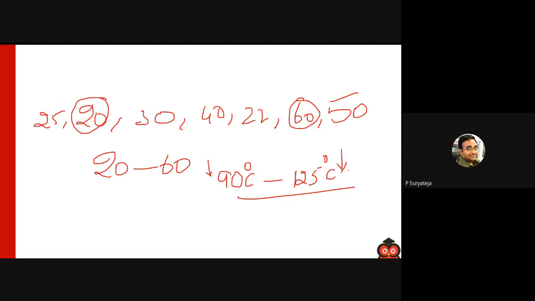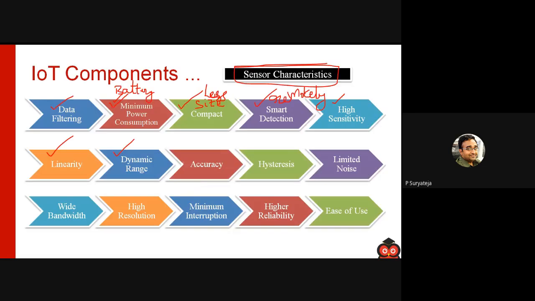Okay. So while purchasing the sensor, you will get all these values on a data sheet. They will provide you the data sheet. In that, they will mention what is the range of the sensor. For example, the temperature sensor range is given as 90 degrees to 125 degrees centigrade. That means only within this range you can say the sensor is almost accurate. Outside this range you can't say the sensor will be accurate. It can give wrong values also.